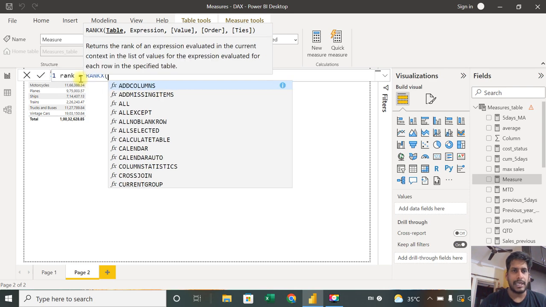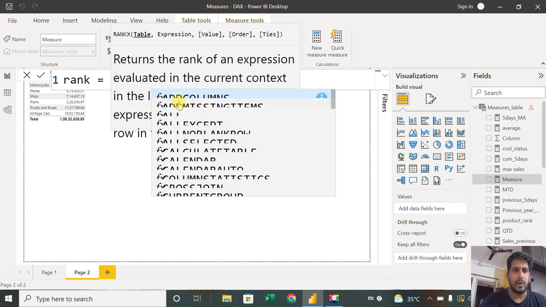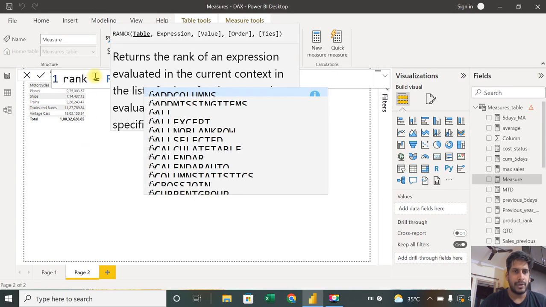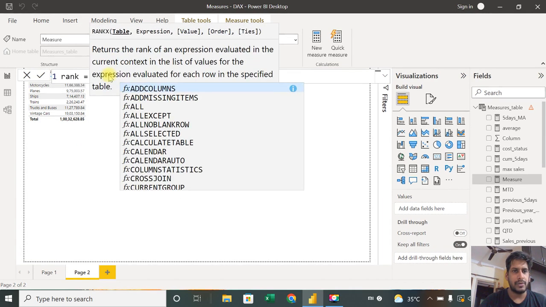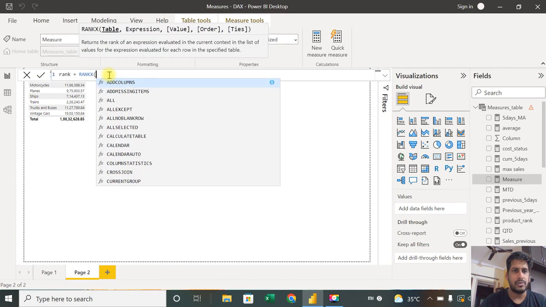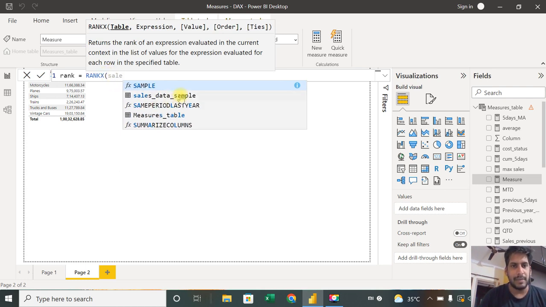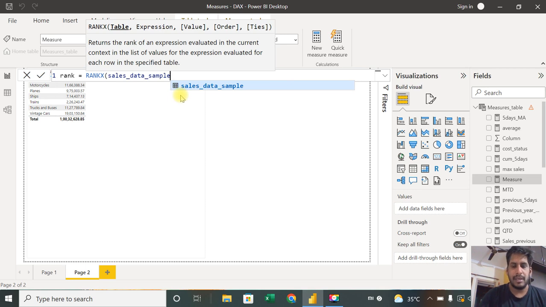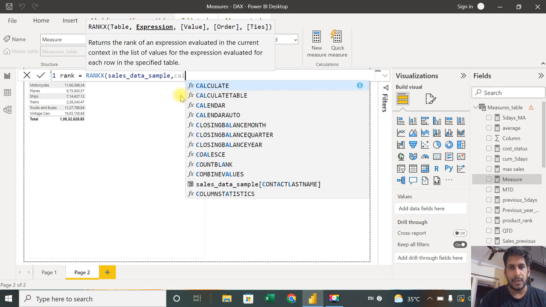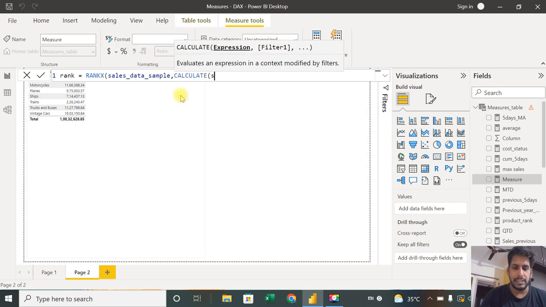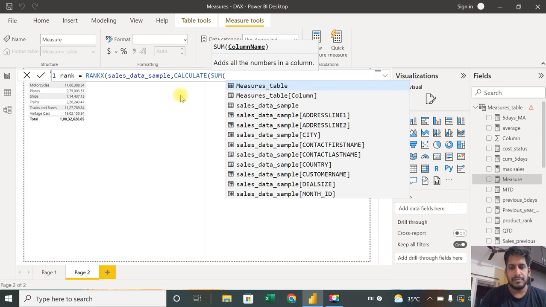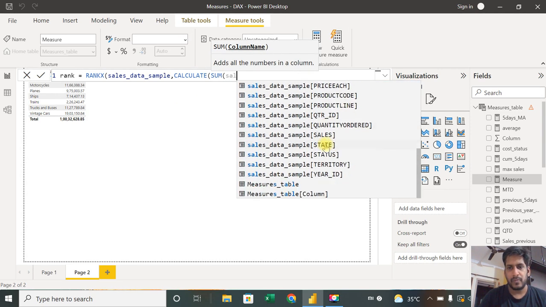First it asks for the table. Okay, table to be selected. What do you do when it asks for the table to be selected? Usually, when I zoom, it's taking so much space. Table means we'll use the sales table, like this, right? Sample sales table. Then comma, expression: I would like to calculate total sales. So sum of the sales I need to have,